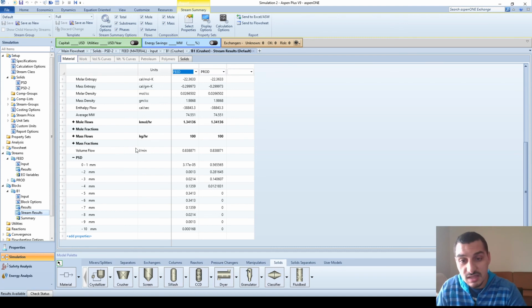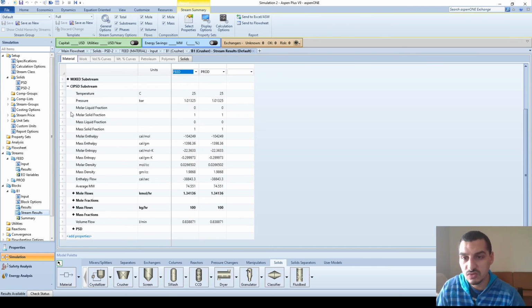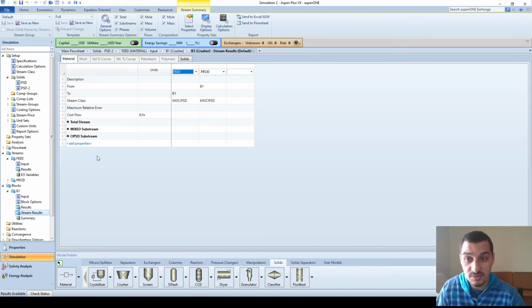So this is how the results will look, and it's important to understand the substreams and how they affect the work that you're going to do, the inputs that you can put into the software, and where you put the inputs. And it's important to know where you can find the results of the run that you did, because it's a pretty important thing for working with solids. So I hope this video was